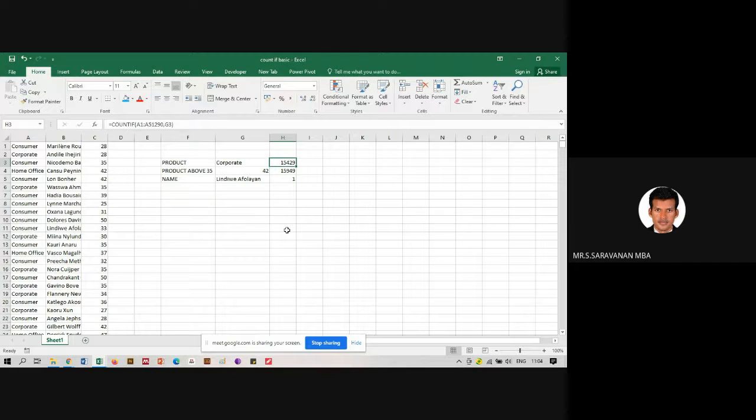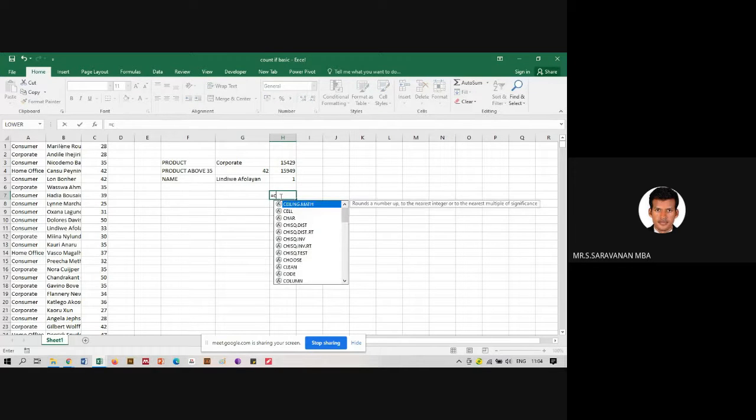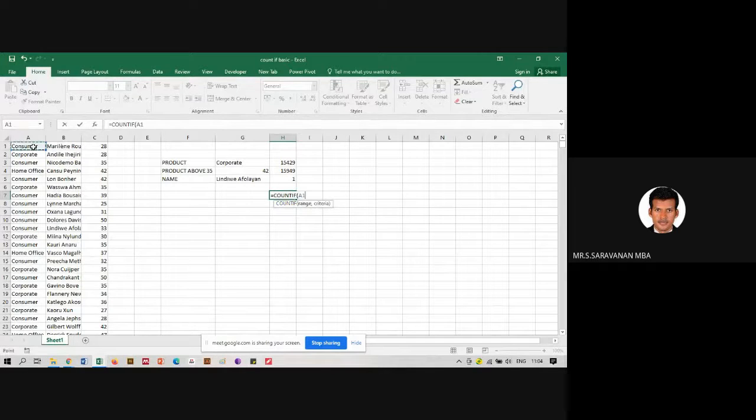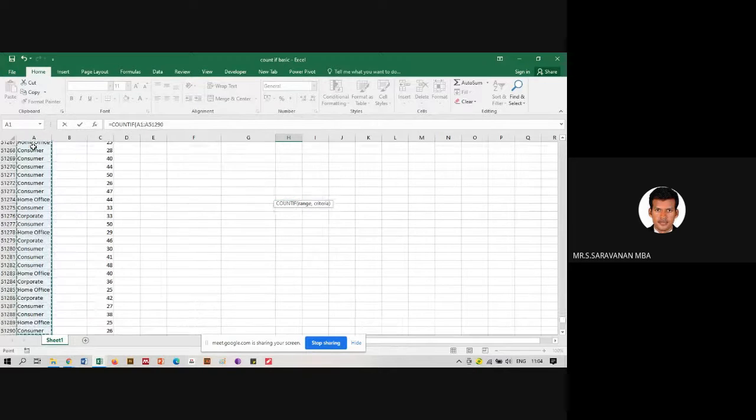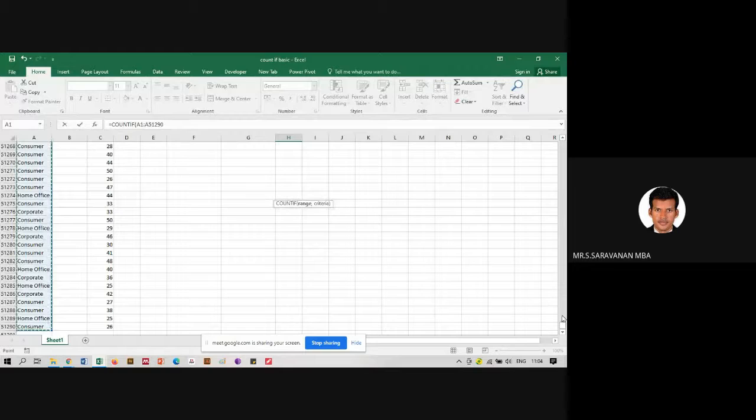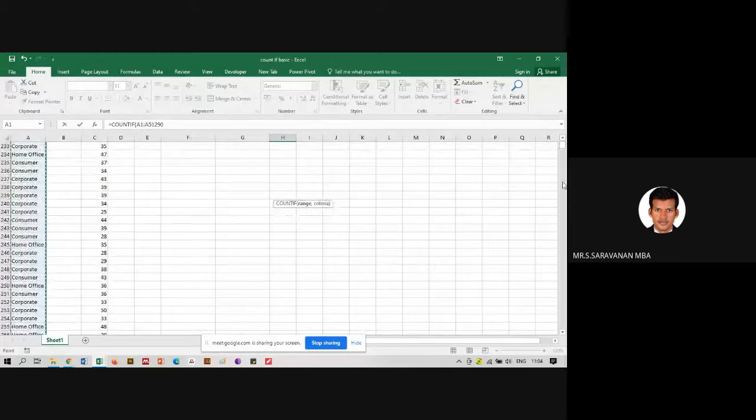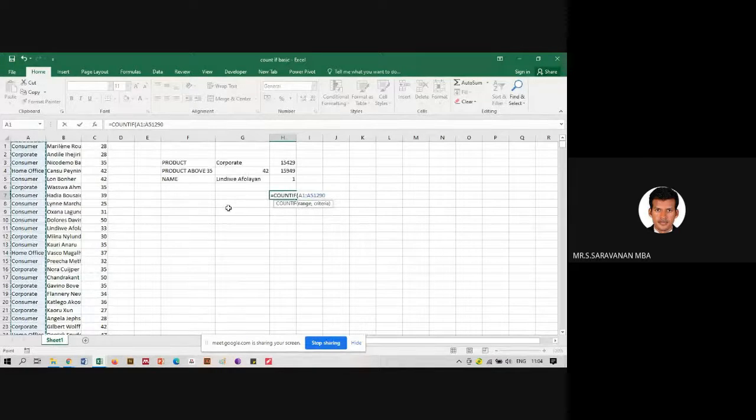Okay, so I have calculated this. So no problem, I will again calculate it. COUNTIF, we are going to take all the data. So we have close to 51,000 informations available here. Comma. We will take corporate as a reference point. So whatever here, let's take what we are going to type, consumer.